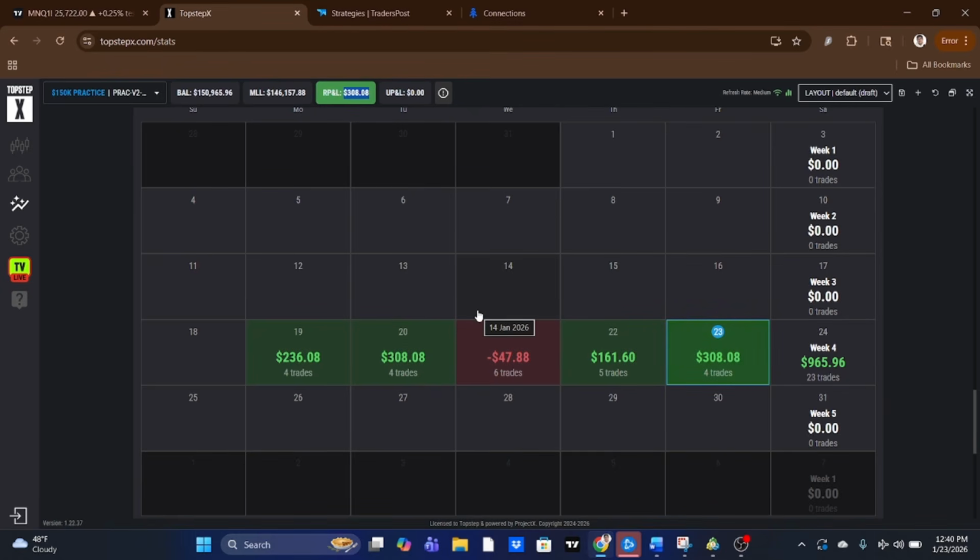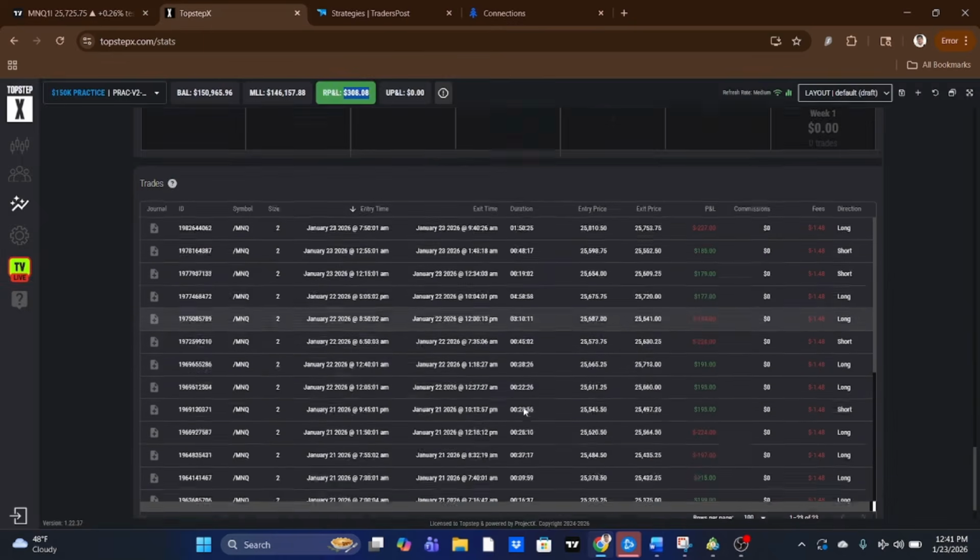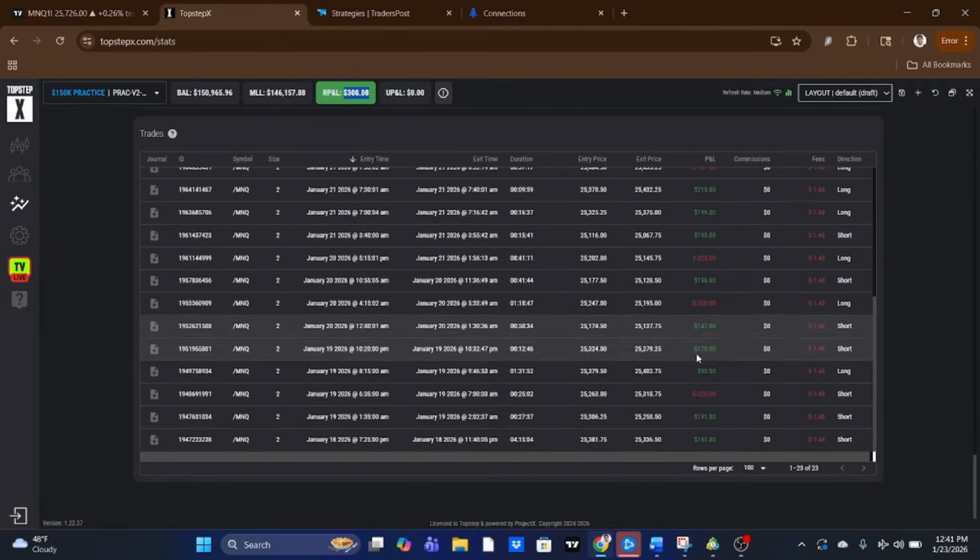I may actually be setting my take profit limit to maybe 500, because I've been noticing it actually reached $500 two days in a row. And then after New York session hit, it gave me a couple of losing trades, so it brought me down. Yesterday I was up $500 when I woke up from the Asian and London session, but during New York session I had a couple of losing trades, so it brought me down drastically to 161. But this is all being automated on Flux Engine so far, and you can see all the trades it took